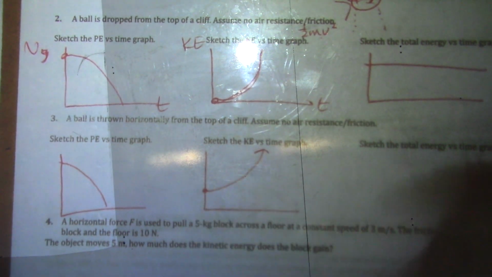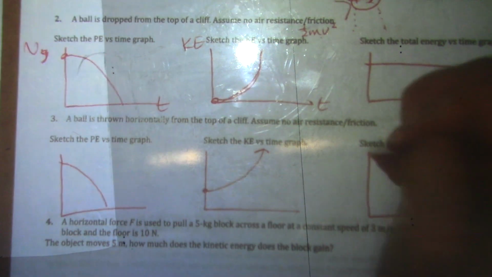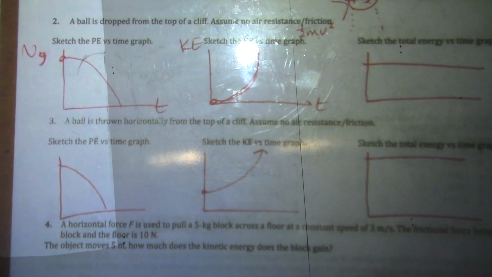Now 3, same idea, but now I've given it an initial velocity. So as it falls down, it's also moving sideways. Your potential graph has not changed, right? It's still going from this height down to the ground. It's still accelerating at the same rate. But my kinetic has changed because now I have kinetic at the beginning. So I have not from rest, but I have some kinetic energy and it's increasing. So the same as before, it's just shifted up because I start with some kinetic, which means my total energy is the same as before, I just start with a greater amount of energy. That's it. So again, these are the same, it's just kinetic is greater, therefore total must be greater.